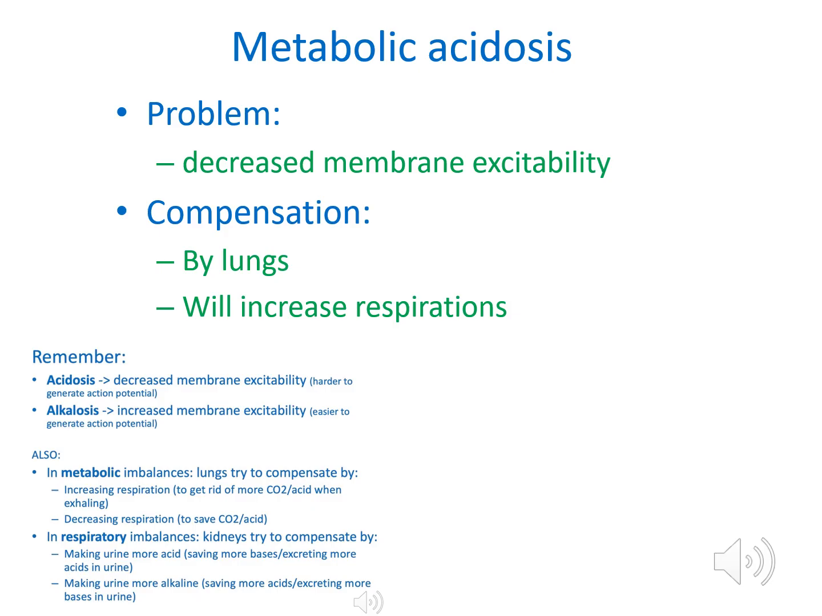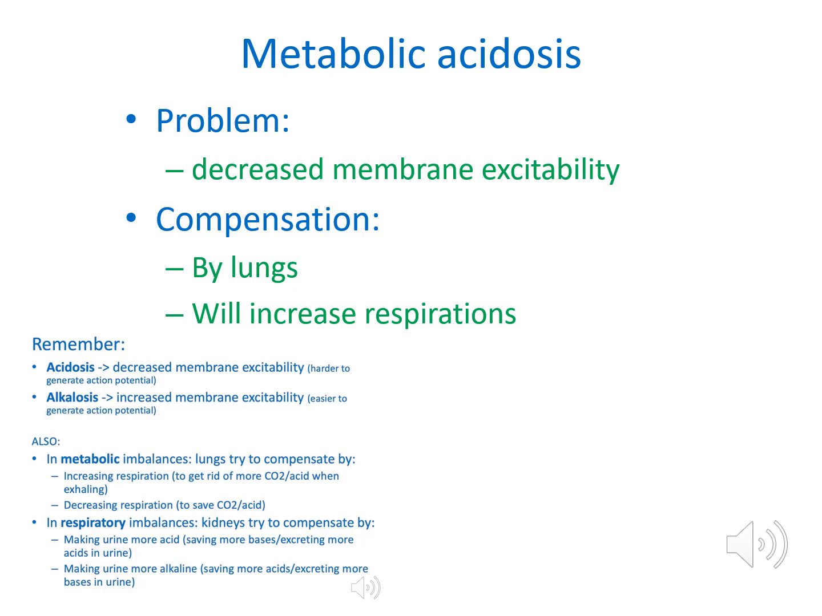Does that make sense? So when you're assessing a patient with metabolic acidosis, there are 3 kinds of things that you should be checking on. First of all, you should be looking for signs of decreased membrane excitability. Okay, second, you should be checking the lungs to see if they're doing a good job of trying to compensate for the problem. And third, you should be assessing the symptoms of whatever problem